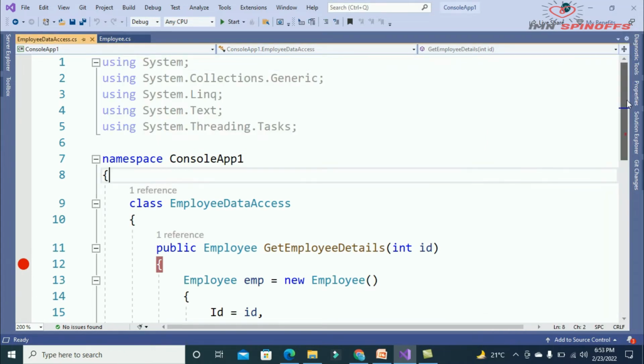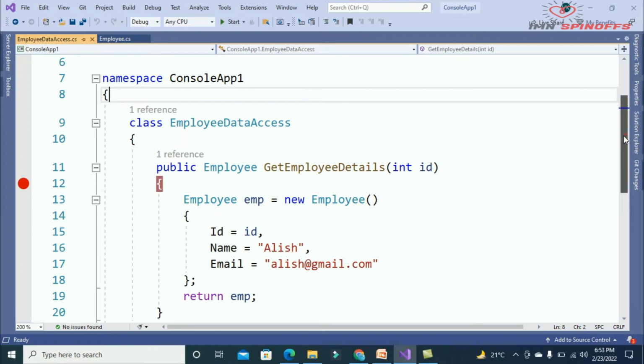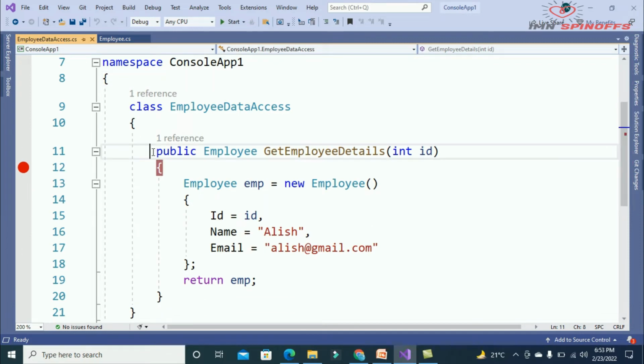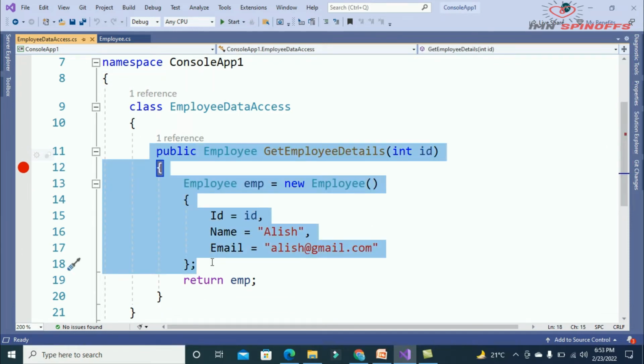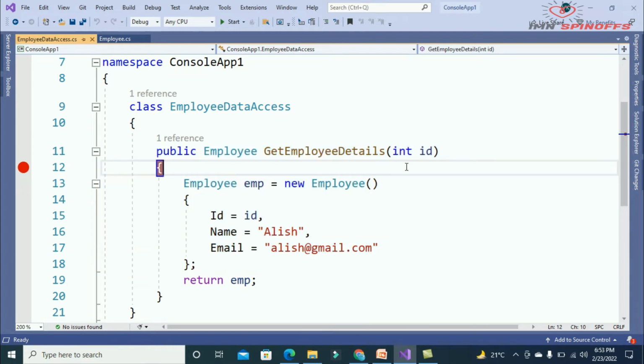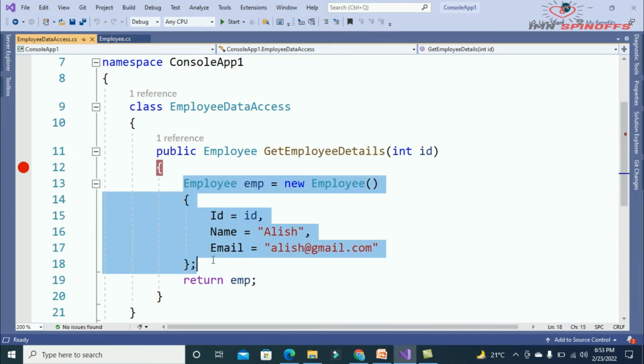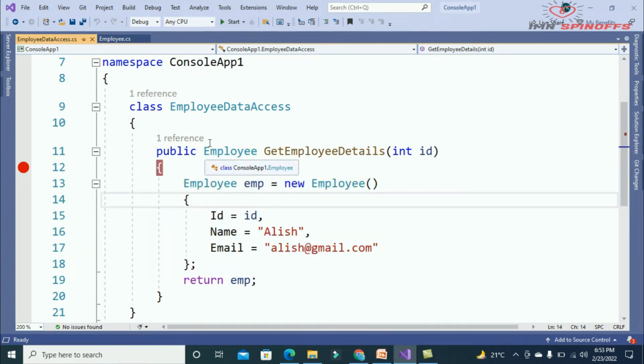In the employee data access class, I have created one method, get employee details by ID. Inside this method, I have defined static data. If you want, you can access the data from the database. This employee data access class will communicate with